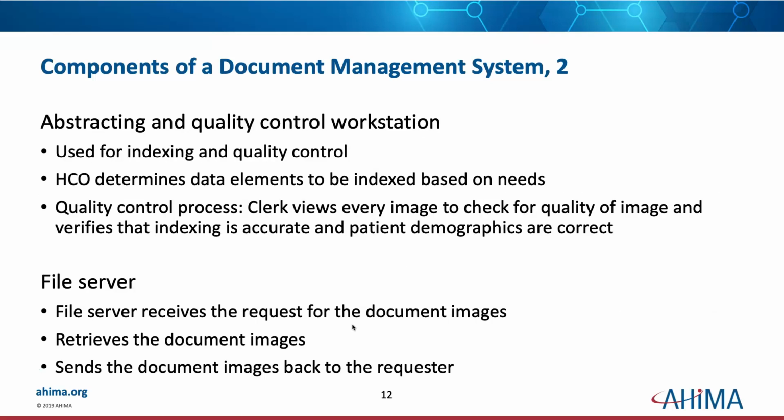So there you have it. You have an abstracting and quality workstation, quality control. I talked about the prep, scan, QC, validate. So you have a station for people who are doing quality control. And that's where they're doing the manual indexing, they're doing quality control, they're checking those queues, making sure everything goes where it's supposed to go. They are also looking at quality of image. If the scanner, for whatever reason, didn't pick it up, or it skewed the page and it didn't get properly done, then it either needs to go back to a scanning workstation where somebody can rescan it, or